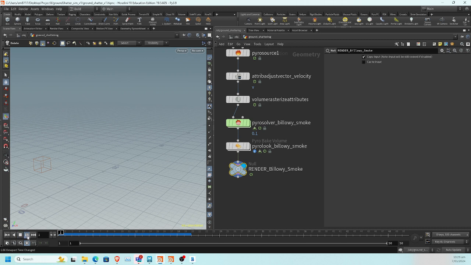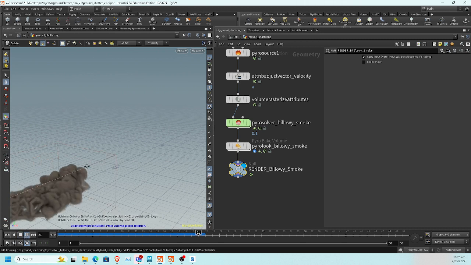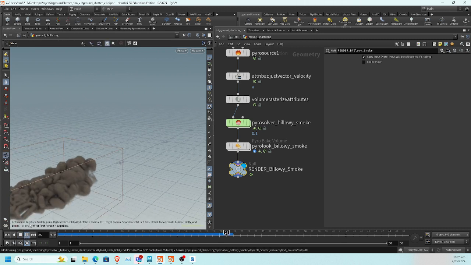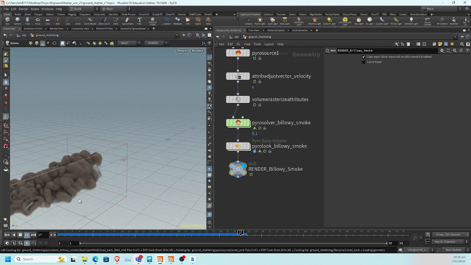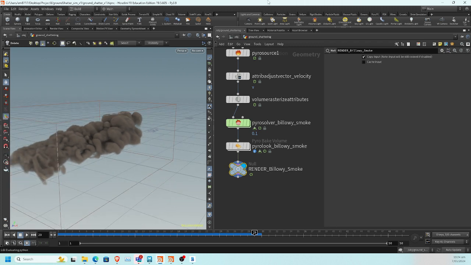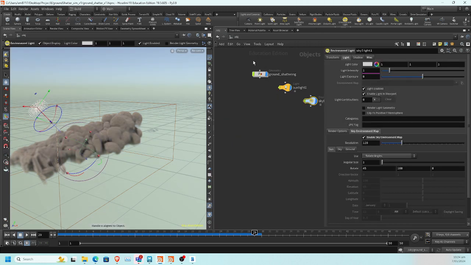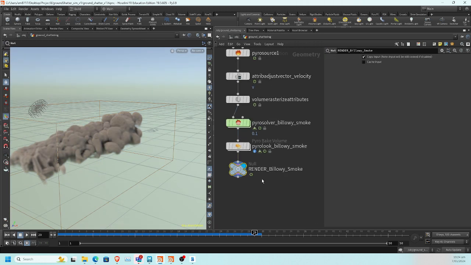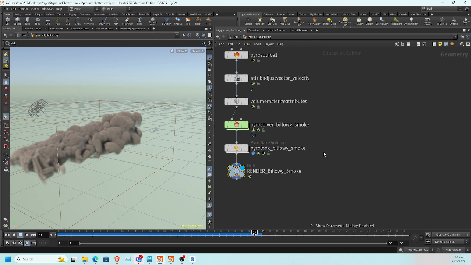So we have a source of kind of a very thick dust. With a bit of massaging those numbers, you can change the color of it. You can change, let me just add some light. If you just add a skylight here, things would look prettier. Let's go back to our grand shattering. So we have this smoke here,